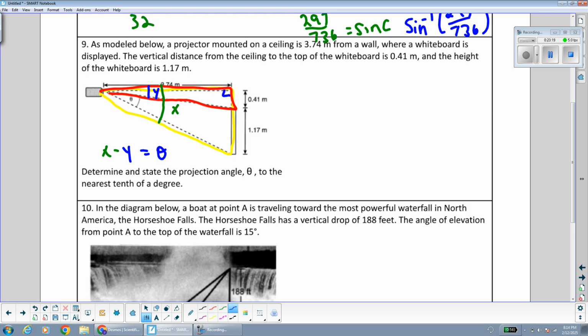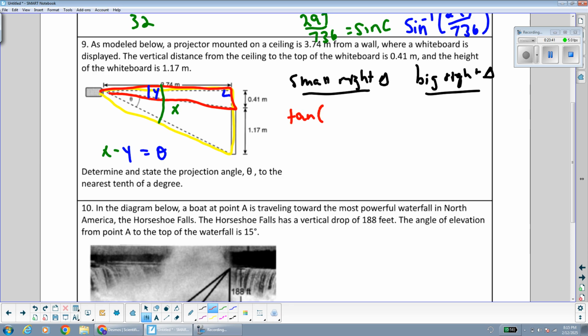So let's do it. I'm going to do small right triangle and big right triangle. So I'll start with the small right triangle, and I'll just keep it consistent with red, and then I'm not going to use yellow for the big one. I'll use a different one. So I'm going to use tangent of